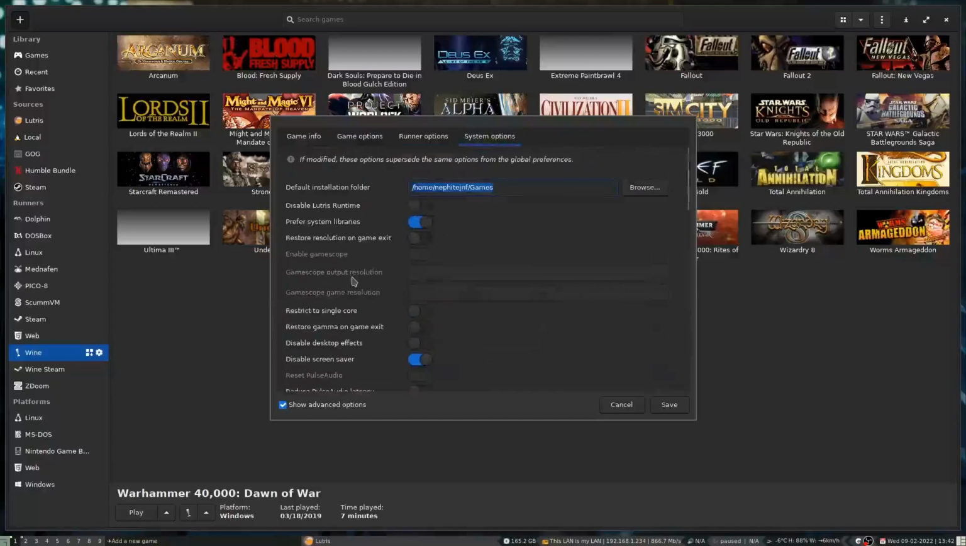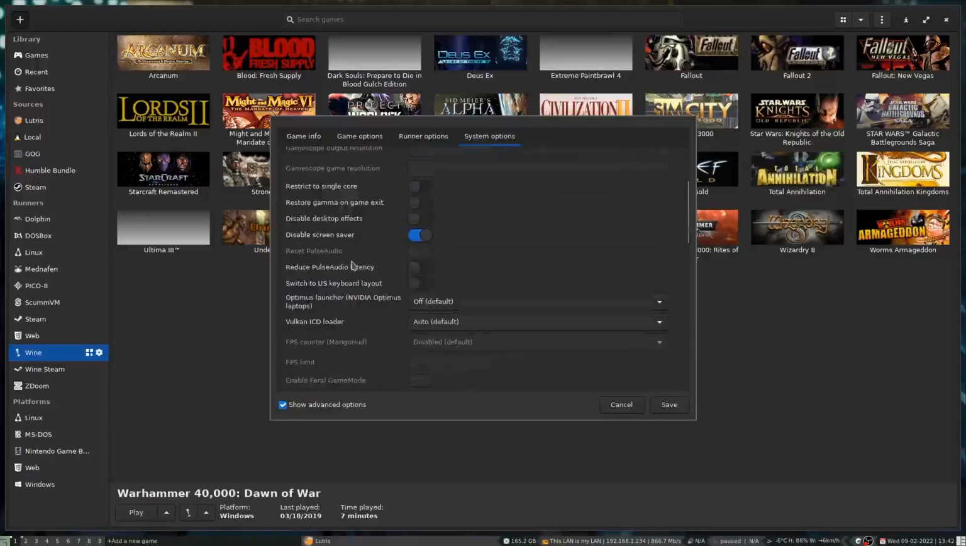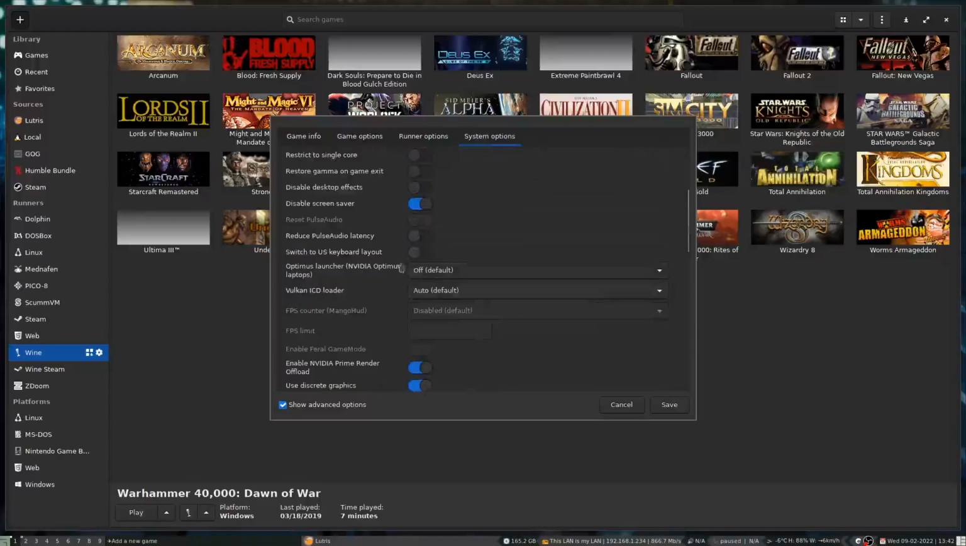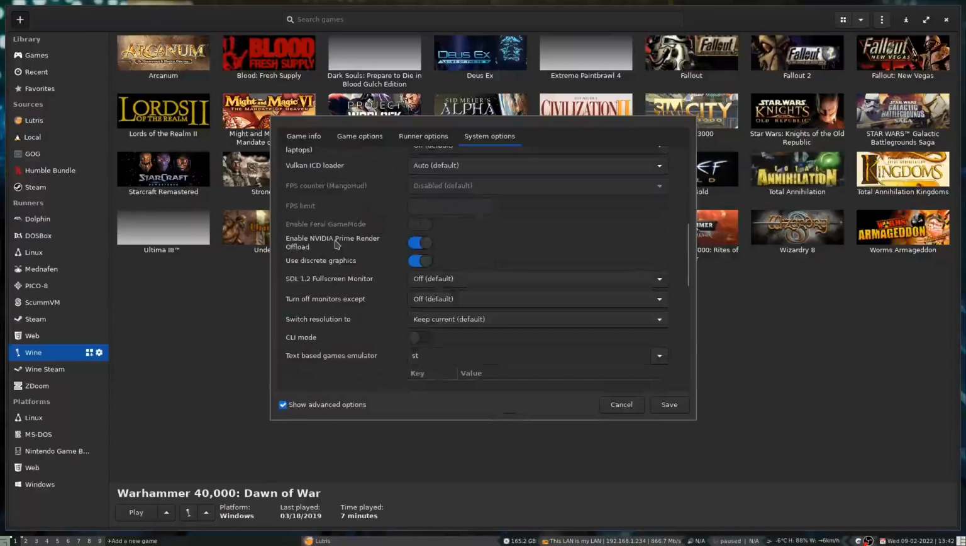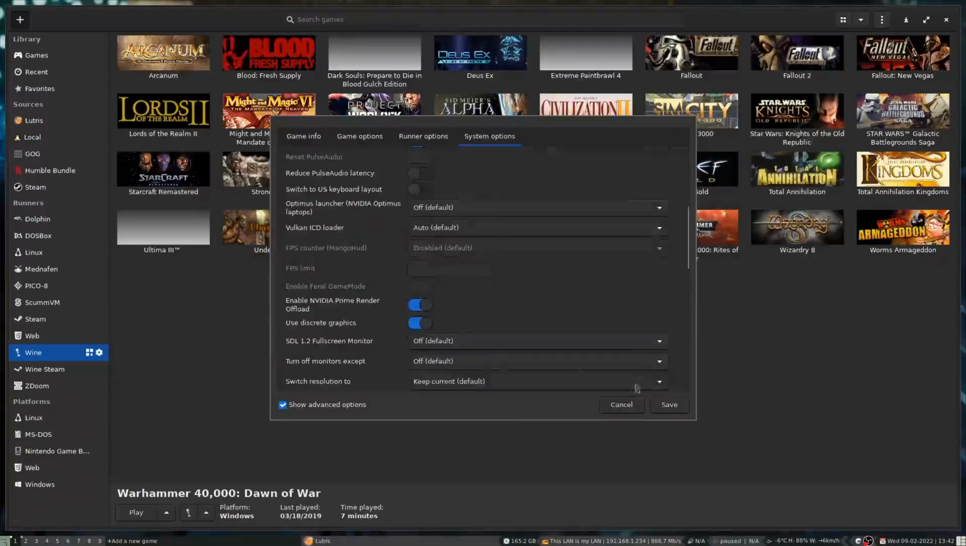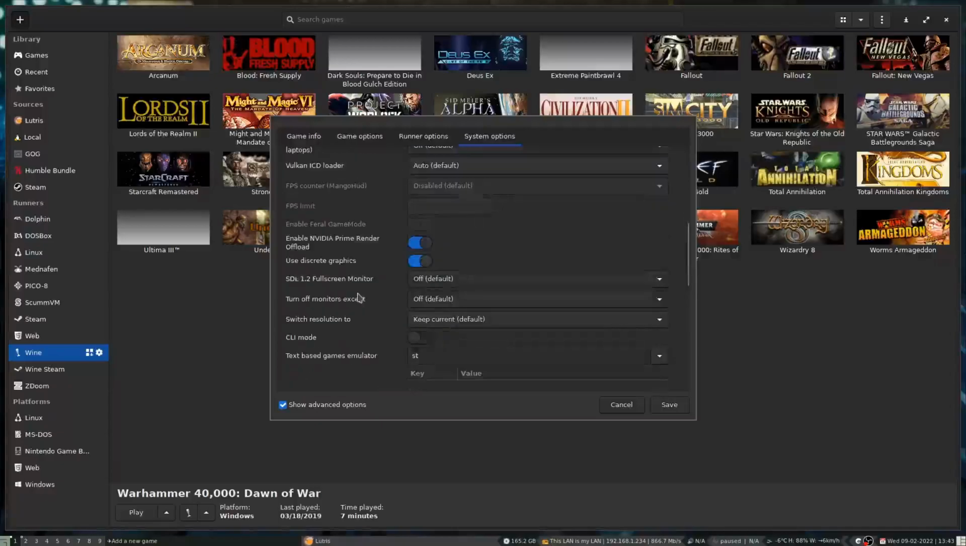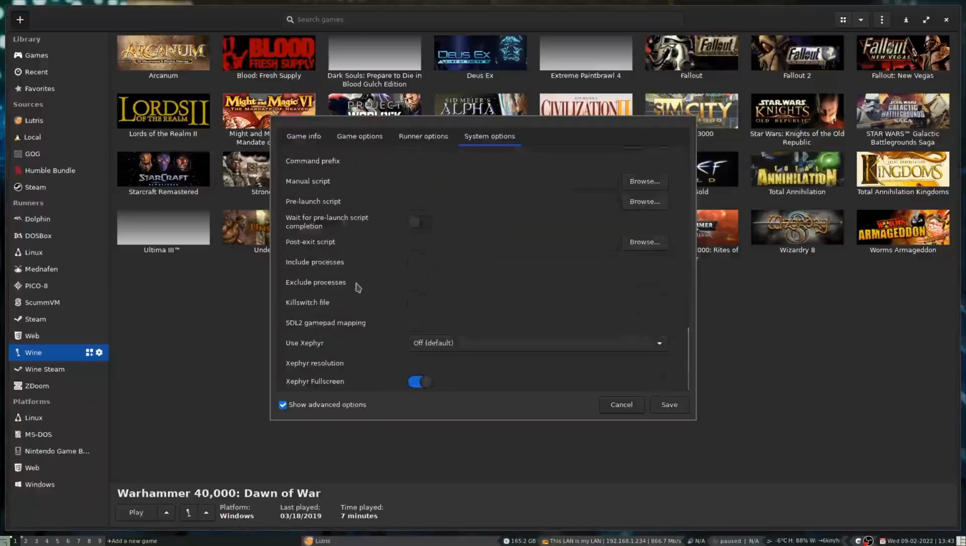But, okay, system options. Everything. Optimus. Okay, so we've got discrete graphics turned on and things like that. We can set up for gamepad mapping, but